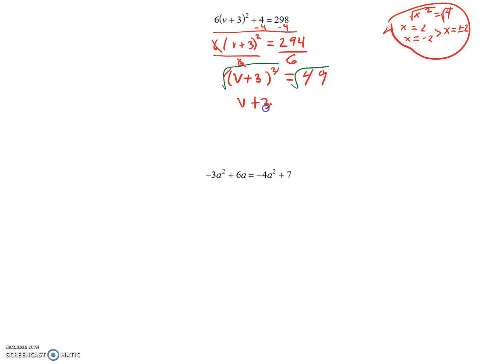Then we have v plus 3 equals, now we're not just going to have 7 here, we will have plus or minus 7, keeping both values in the solution. Because I know 7 squared is going to give me 49, and also negative 7 squared will also give me 49. So now I have to go two routes here. I know that v plus 3 will equal positive 7, and I know v plus 3 will also equal negative 7. So in both cases, when you subtract 3 from both sides,